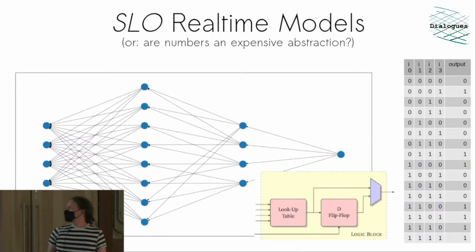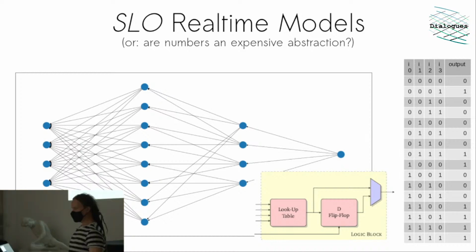So this research is being presented in a couple of weeks at the AI and Musical Creativity conference, but I'll just kind of roughly summarize what it's about, really. So the idea is, my question is, are numbers an expensive abstraction? So this is about trying to get machine learning really, really super efficient. So it's a very functional thing, but the result of that would be to be able to embed it straight in instruments and have this embodied experience of training and exploiting neural networks.